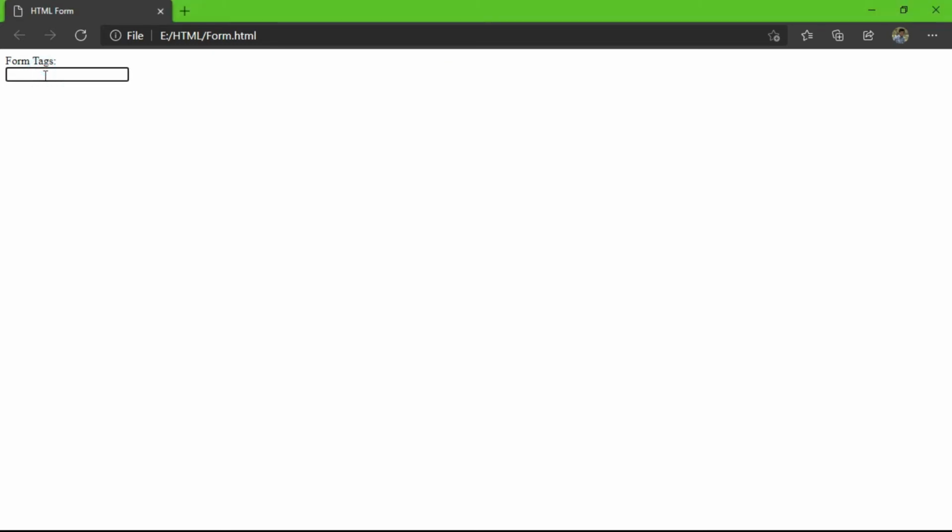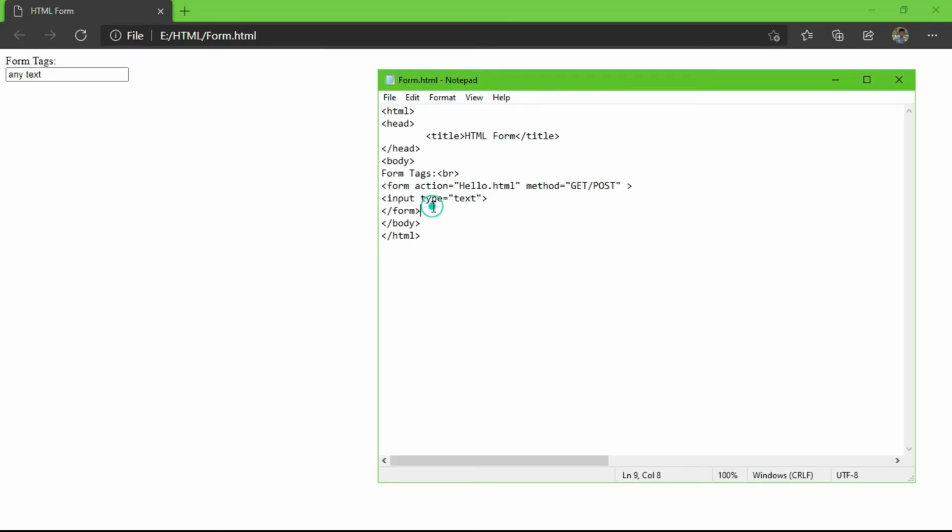This is a text field in which the user can write any text, and the value of that text will be passed on to the hello.html file or whichever file you have written in action. So for the basic text field, you just have to write the input tag and type equal to text.